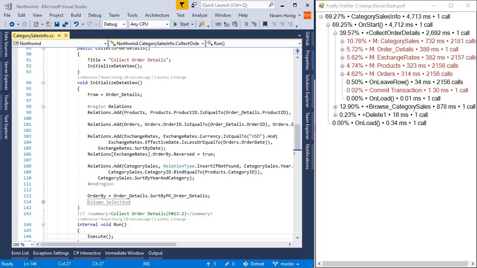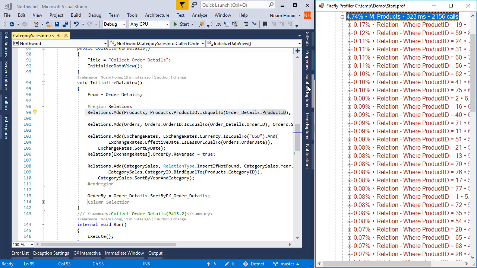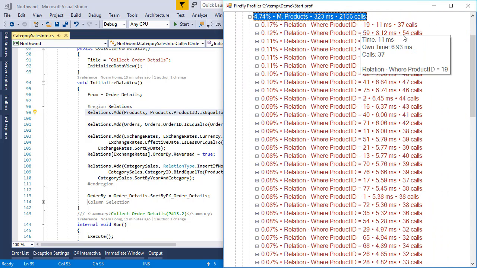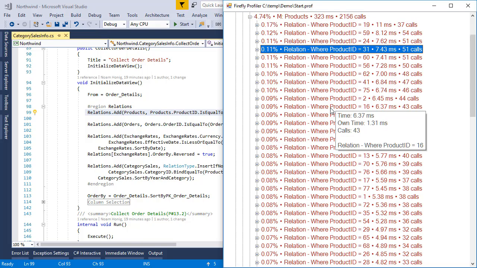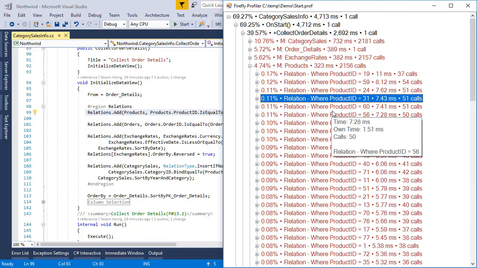After we remove the locking, let's go ahead and review the first relations that we have. We can see that we are making a relation to products, and we can see in the profiler that relations translates to 2100 calls. And if we open it, we can see that these calls are not that diverse and are many calls to